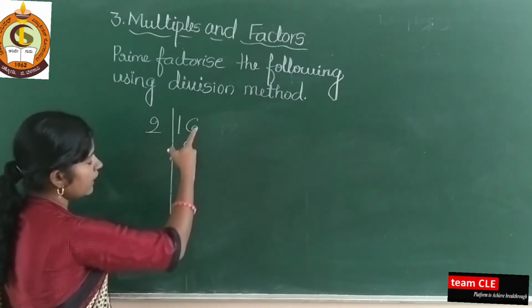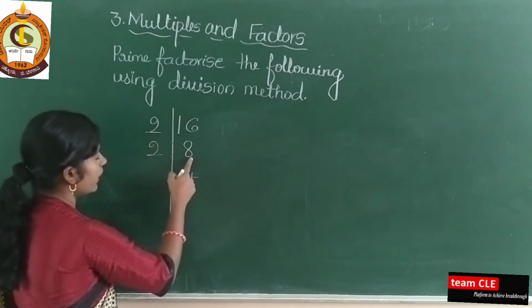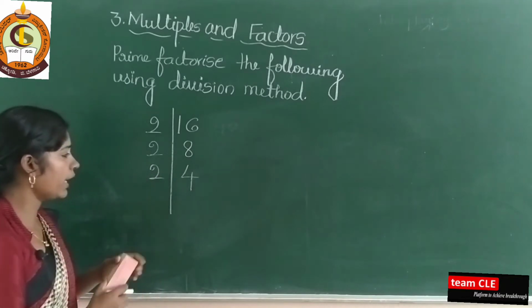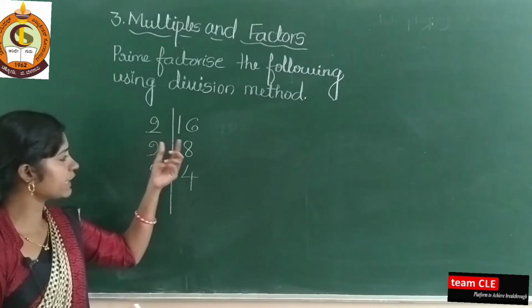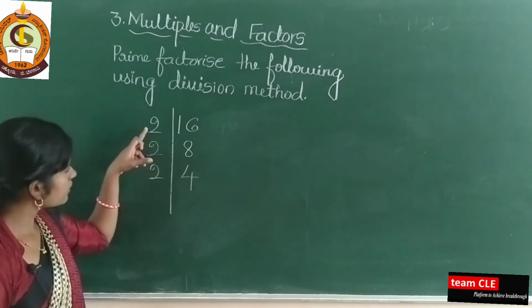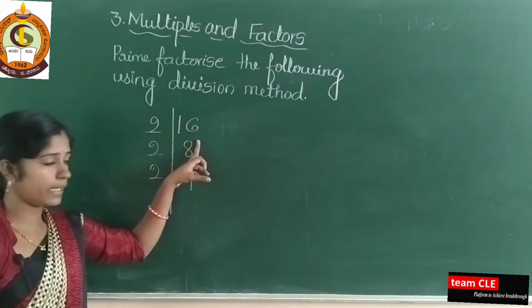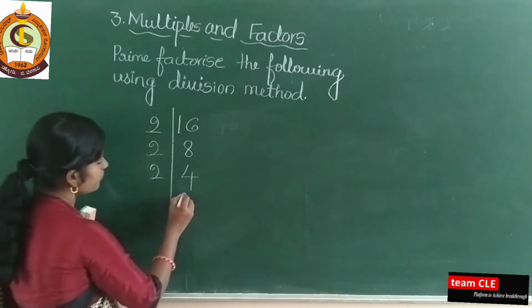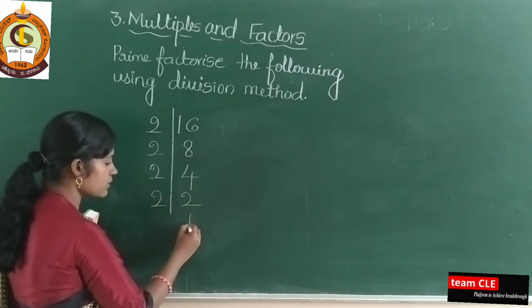2 eights are 16. Next you take here 2. 2 fours are 8. Again you take here 2. Why I took here 2? Because in 2 ones table this 4 is there and in 2 ones table 8 is also there. See here while writing you have to write how much are: 2 eights are 16, 2 fours are 8. Again see here the 4 is there in 2 ones table. Yes, how much are? 2 twos are 4. Again you take 2 ones are 2.